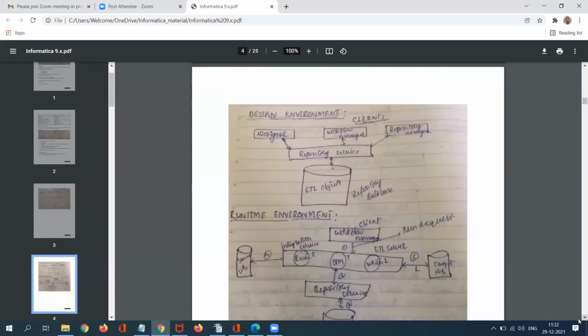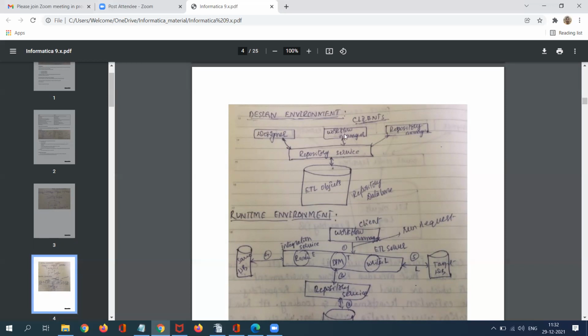Okay. Let's discuss the design time environment. What does it mean? Design time environment is nothing but you are going to design ETL mappings. If you want to design any ETL mappings, we need Designer, Workflow Manager, Repository Manager. In Repository Manager, we have folders. As per our project, we'll choose our relevant folder, and you can take all the objects that are going to help you to design the mapping. In Designer, you can design an ETL mapping with the help of source, target, with or without business rules.